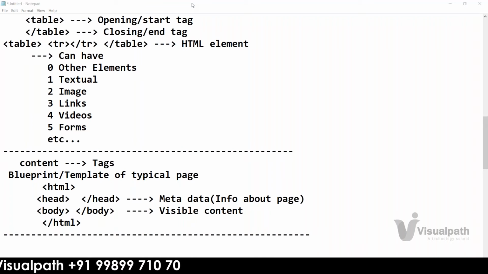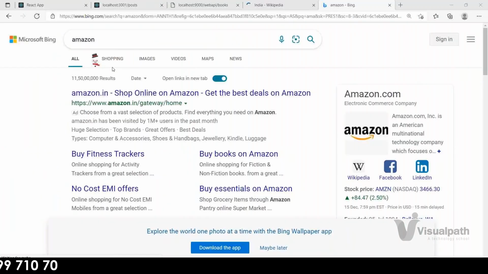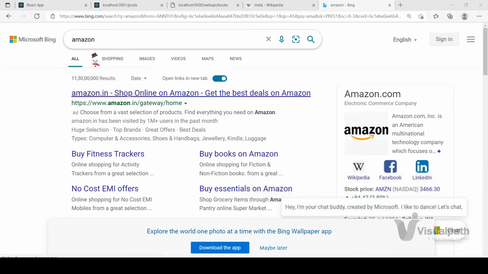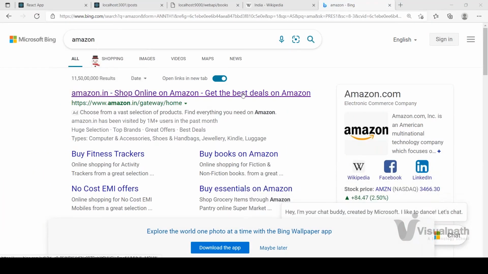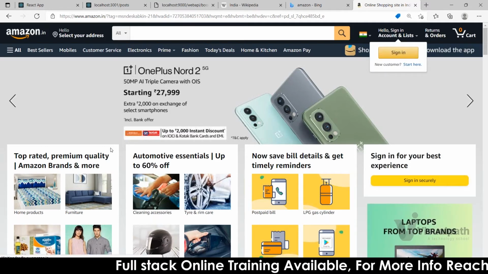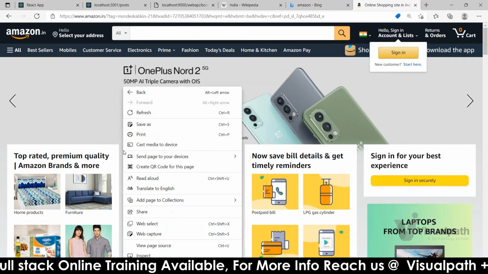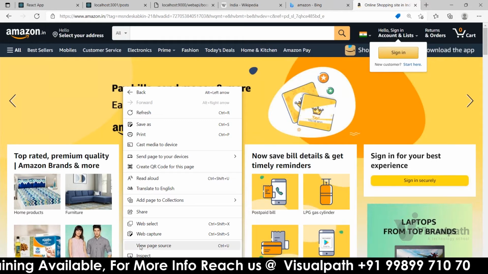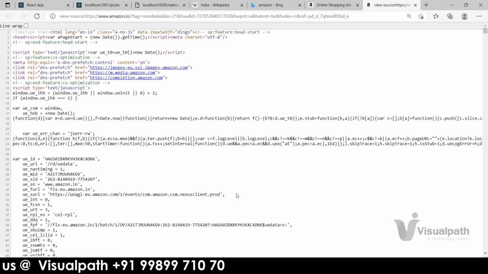So here I just type Amazon and click, and it should open the Amazon site. I hope all of you are able to see it, right? Now I'm observing the source code of that first page.